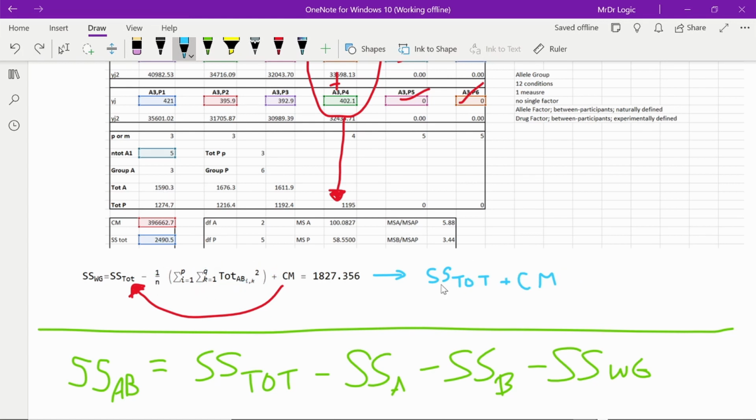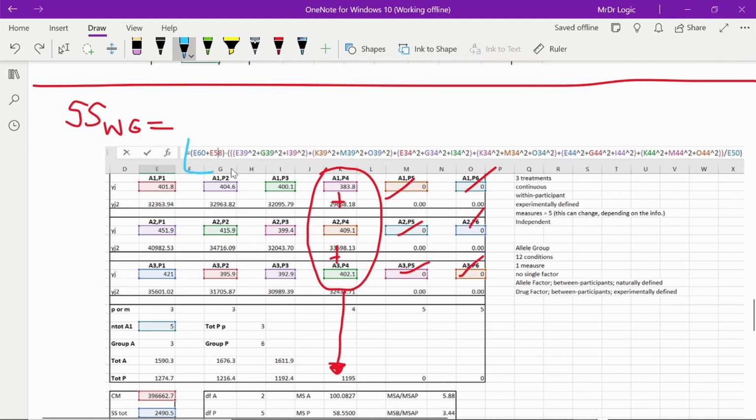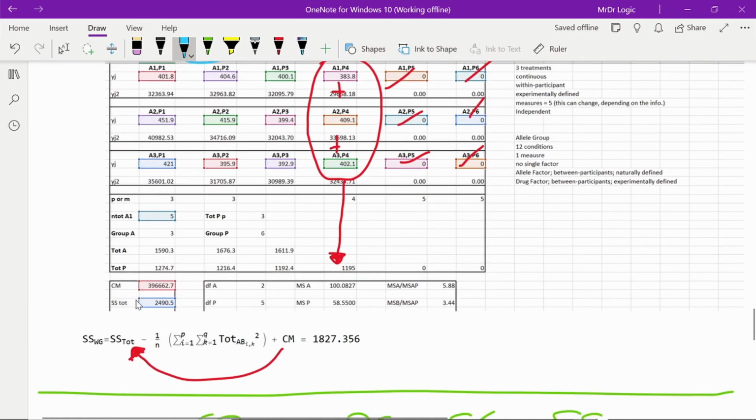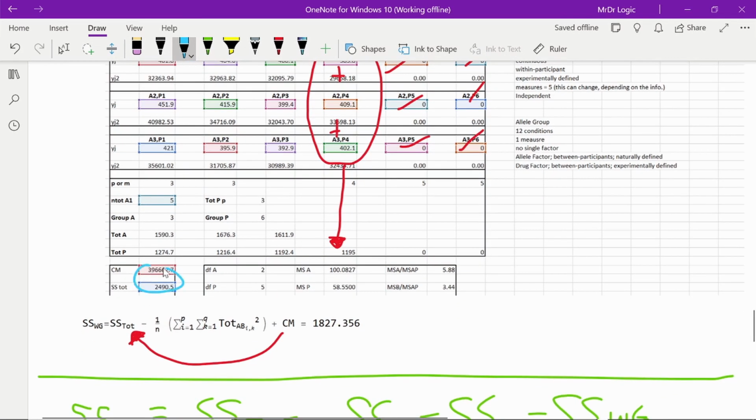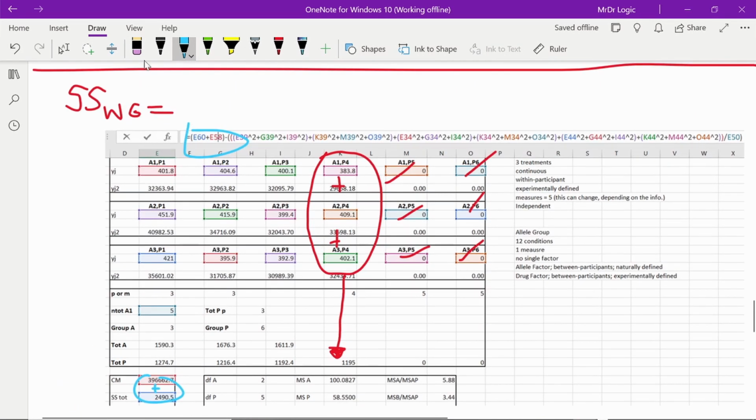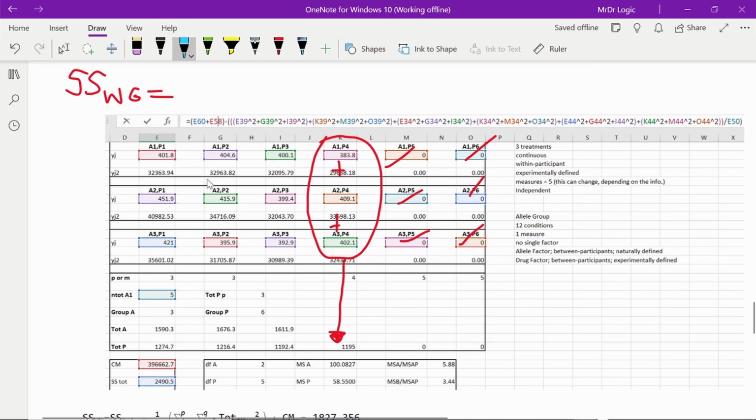So this is what I initially did. I just moved the CM there so that it doesn't mess up my entire program. And so yeah, that's right there. You can see the S total and the CM, they're both being added together. And then from there, oh my god, this was such a pain. I had to square each and every one of these. Oh, this took forever. And by the way, the red is to show how one of these is the B